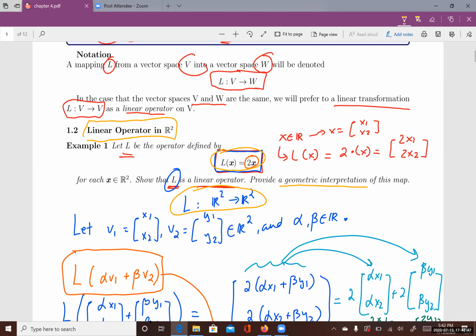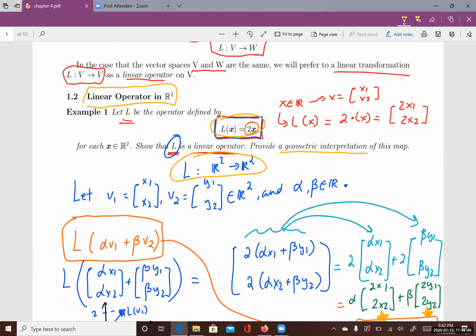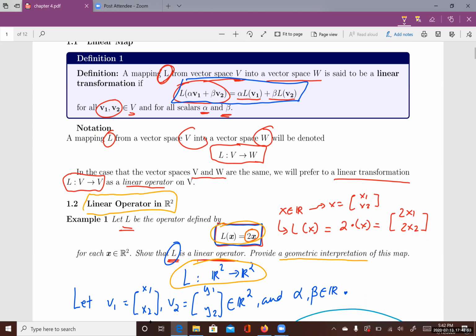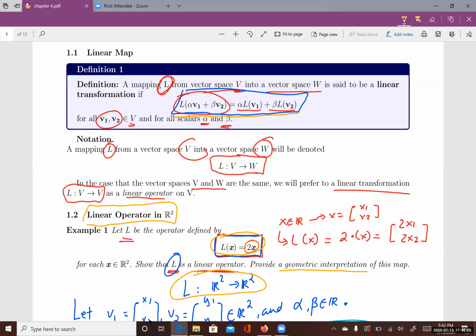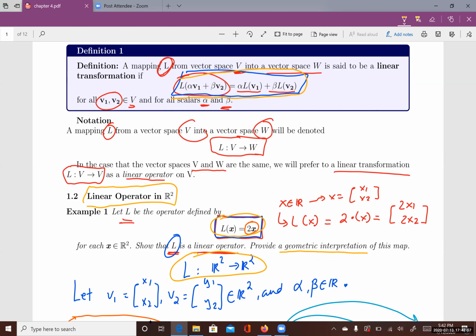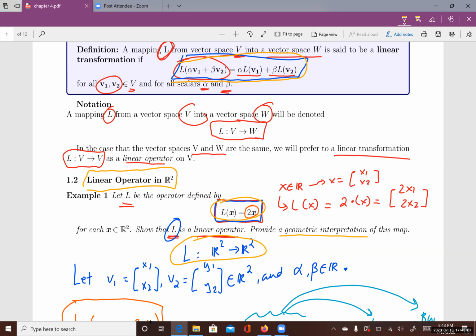And when you try to show a map is a linear transformation, you need to show that this equation is true. In order to show that, you need to call out two random vectors in V and two scalars, alpha and beta. Then you start from one side and end up at the other side using the map